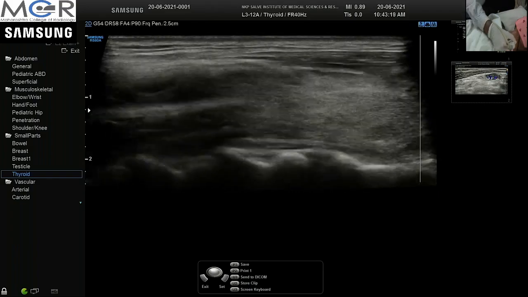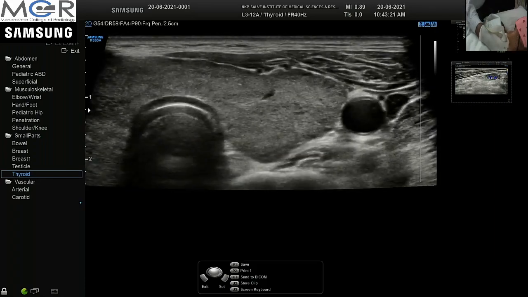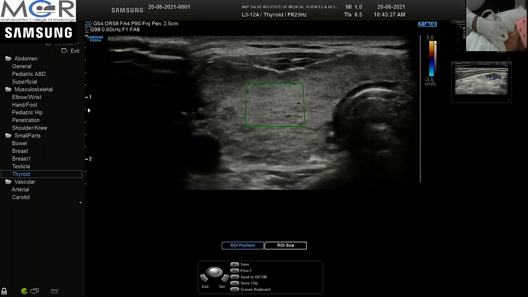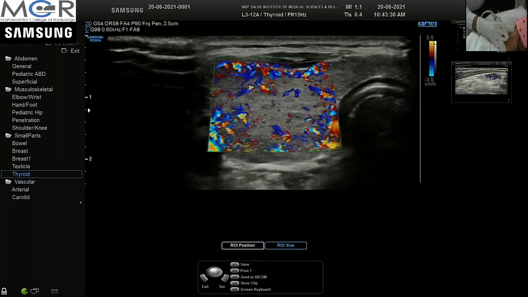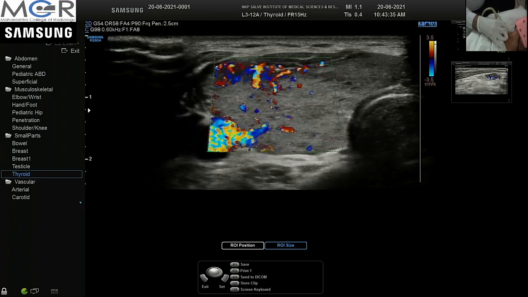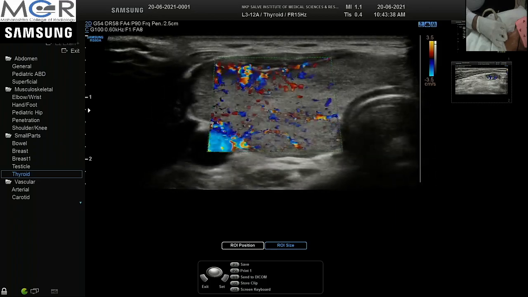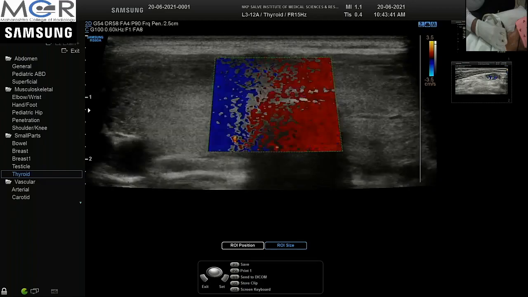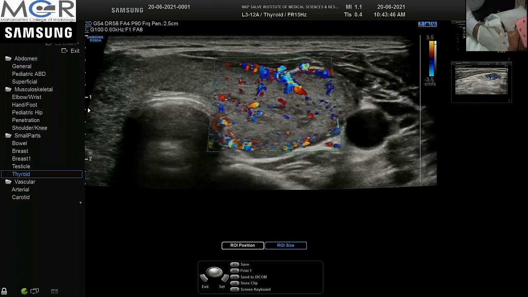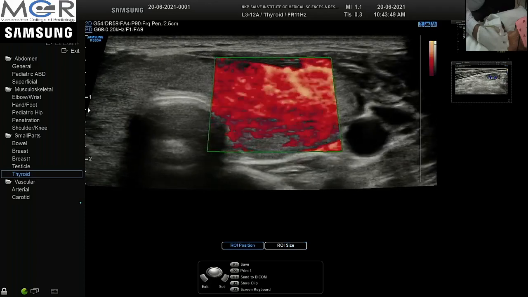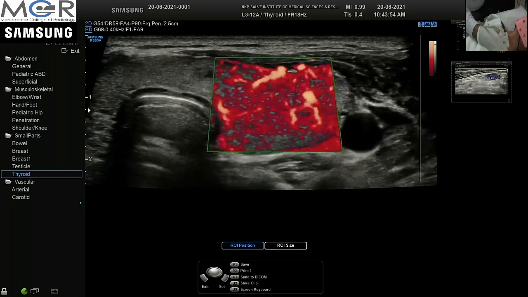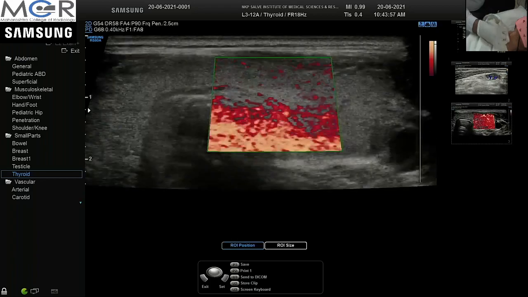And another thing you can add on is doing Doppler, adding a Doppler to this thyroid. You can see it all picks up color. We have not reduced the gain. This is the standard setting in the machine, and you can see that the gland itself shows quite significant vascularity. If you put color here, power Doppler here, and try to see, you see there is significant vascularity and is